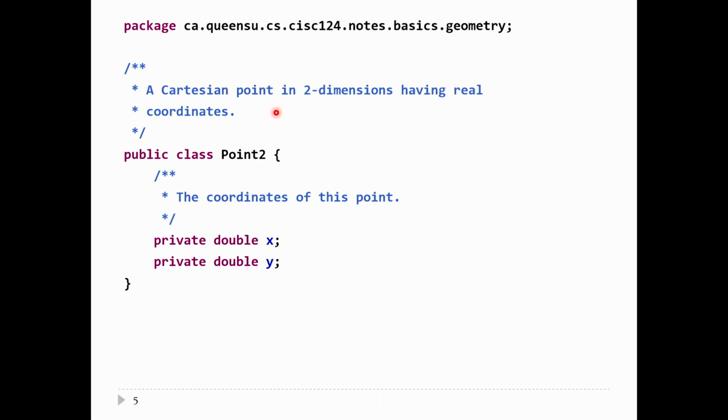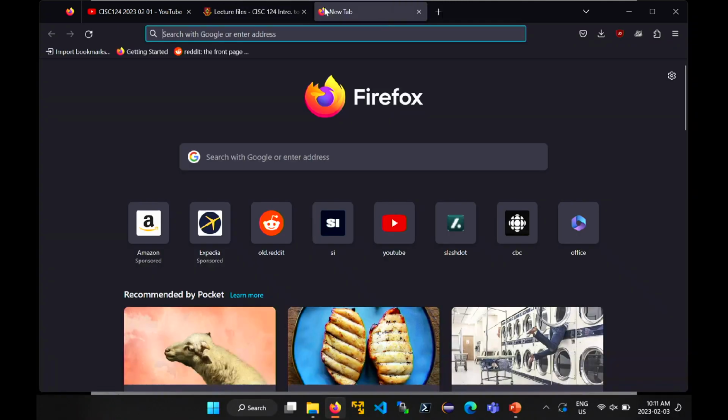Typically, this comment will be much longer. You'll explain what the class is used for. You might give examples of how to use the class. You might explain or describe what exactly you can do with this class. So for example, if you jump into the standard library documentation for, say, the string class,